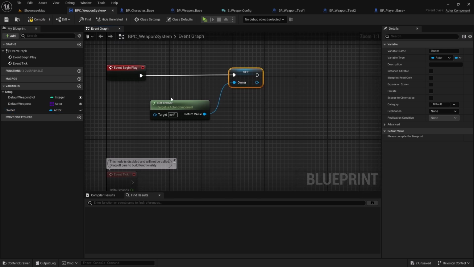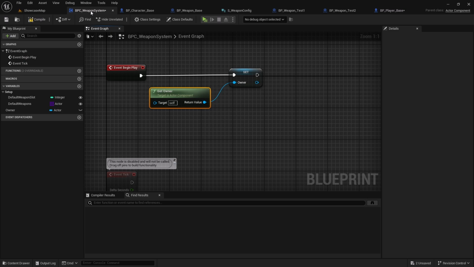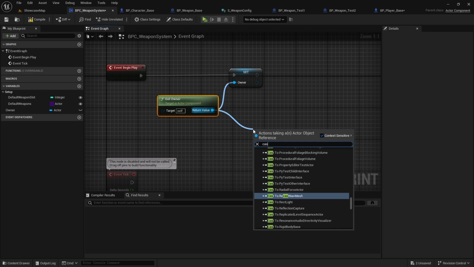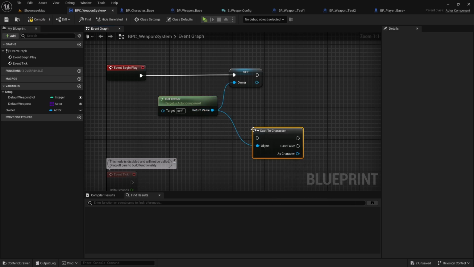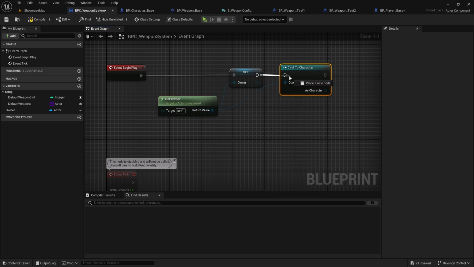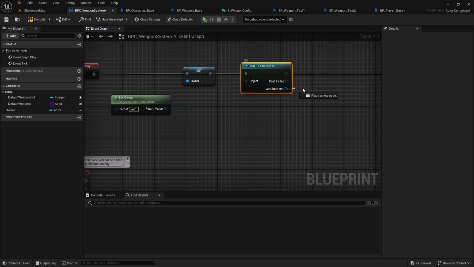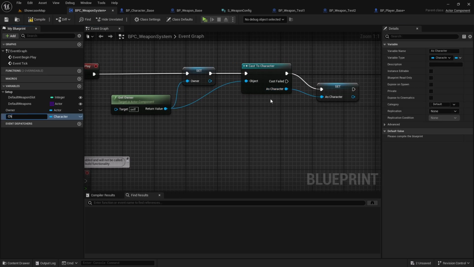Right, and most of the time we are going to use this BPC weapon system in character blueprint. Therefore I will cast to character as well, so I can keep its reference here. Character. Okay, now